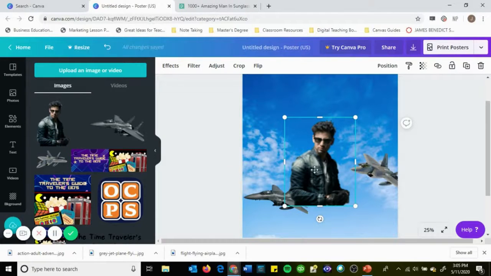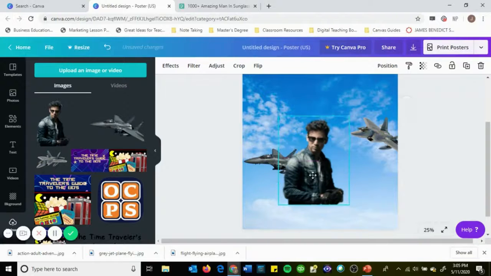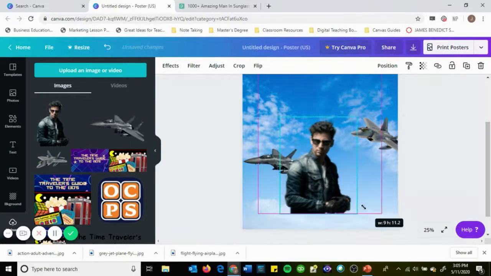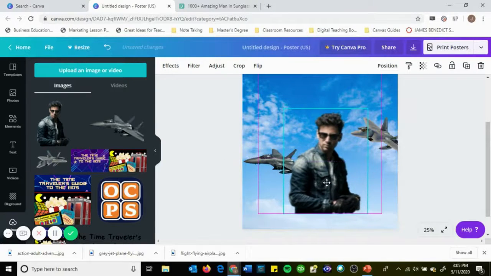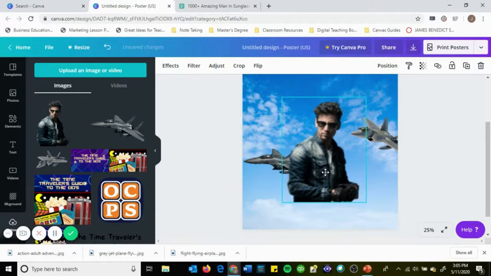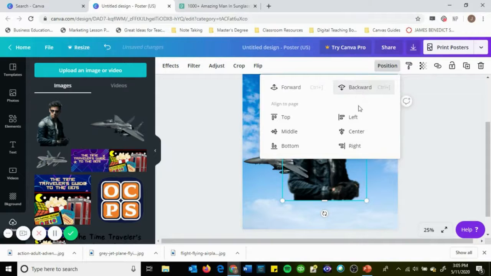And I'm going to reposition him in here. Now this kind of looks ridiculous because I've got this guy, he's in the sky, he's covering the planes. I can push him backwards,